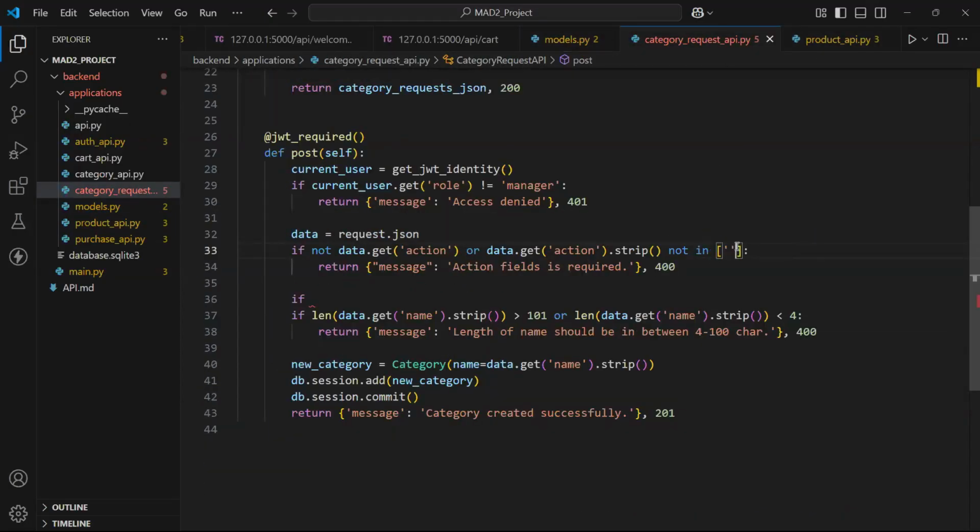We can write it as small also. Let me write it as all caps. So create. So if the action is not in create, update, delete, we will say valid action field is required. Okay. Now we will check, so if the action field is equal to create,